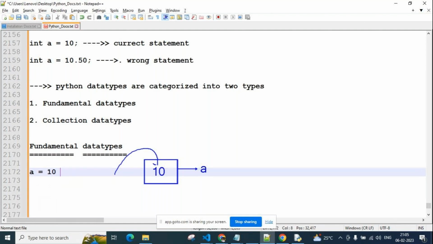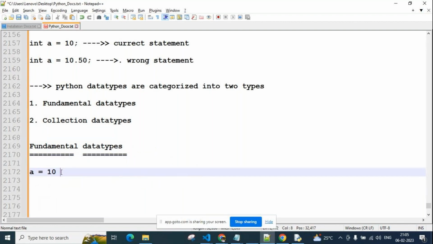Only one value. So this kind of variable comes under fundamental. This type of data is nothing but fundamental data. In one memory allocation we can store only one value at a time. That type of data is called fundamental data.